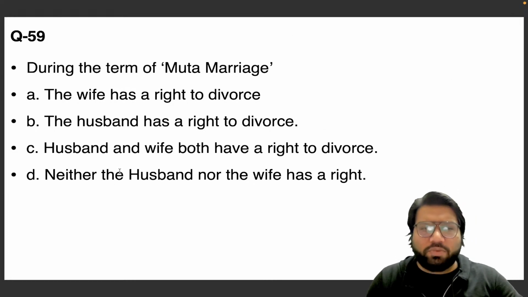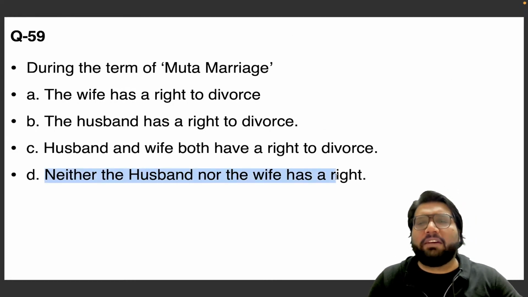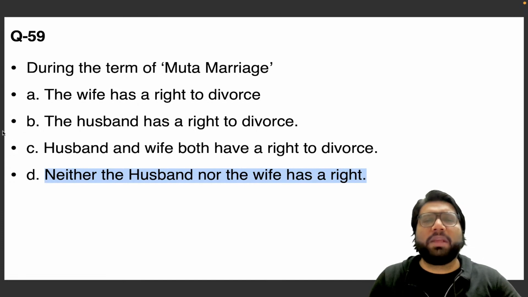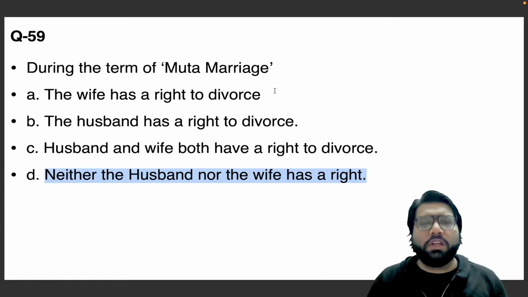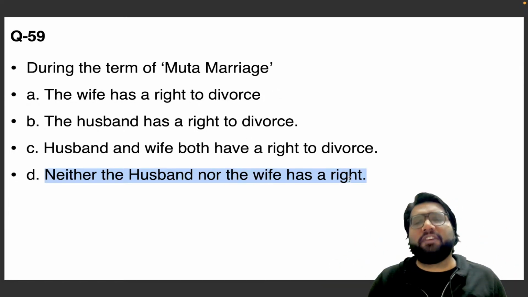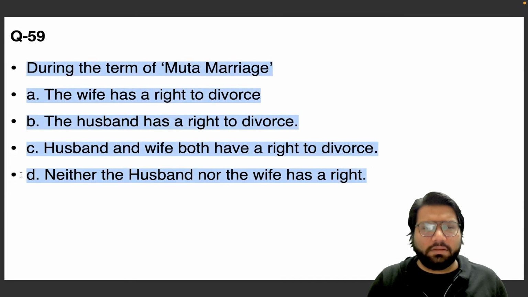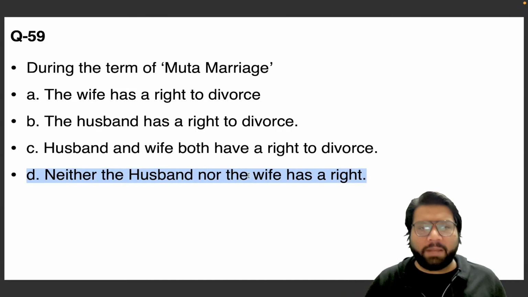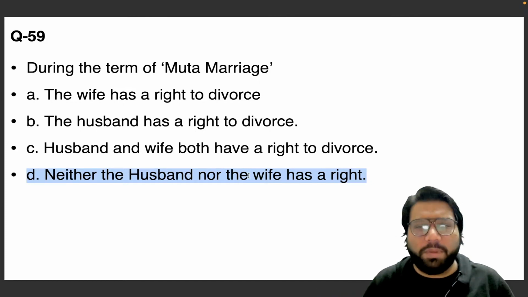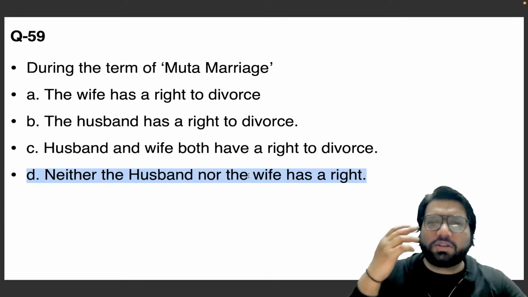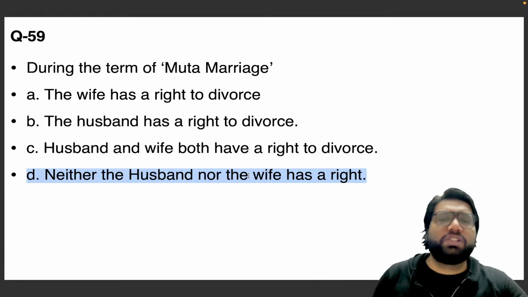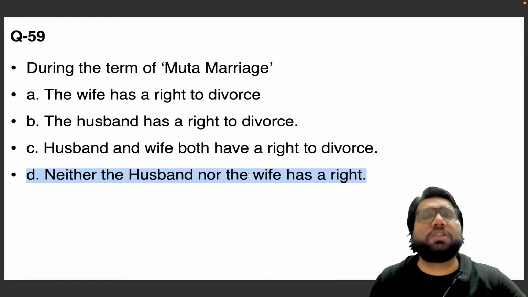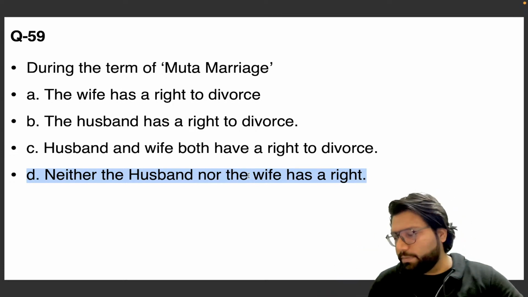In this, please choose this option only. Neither the husband nor the wife has the right. This is not the right option. I don't believe the B is the correct one. So I'm just confirming this again, that when it comes to the concept of muta marriage, there is no concept of divorce. So the answer is neither the husband nor the wife has the right. So D is the completely correct answer. And rest assured, I'm just confirming the same. Okay, B can't be the correct answer because there is no such concept of divorce when it comes to muta marriage. Wife has all the options. If she wants to leave, she can leave, or husband, if he wants to leave, he can also leave, but there is no concept of divorce. Okay,